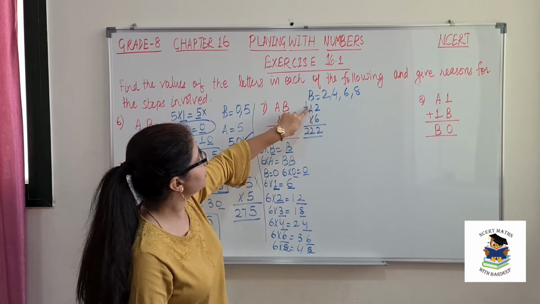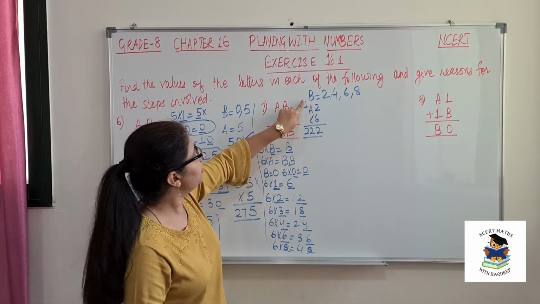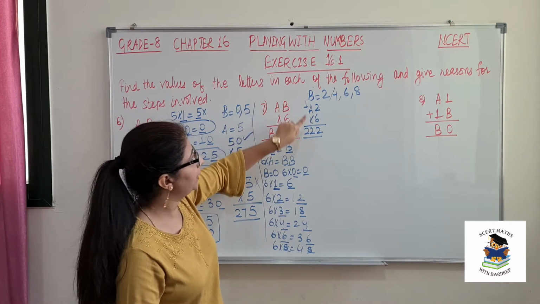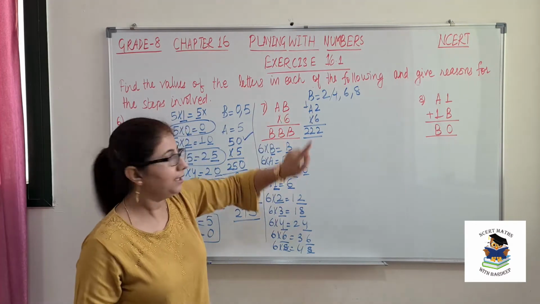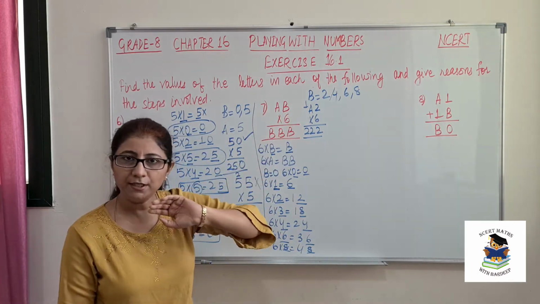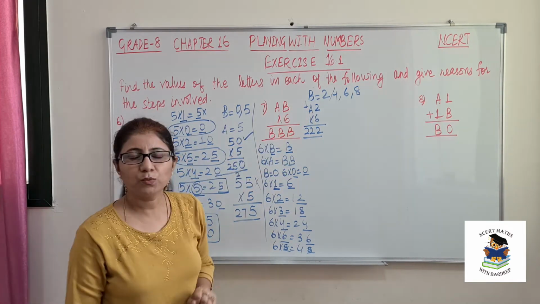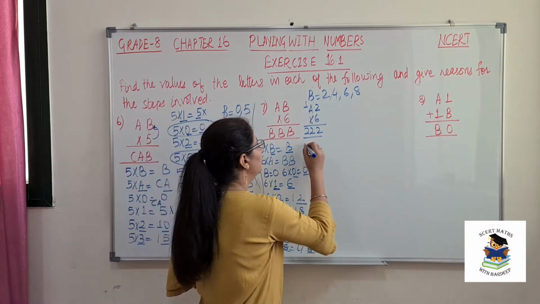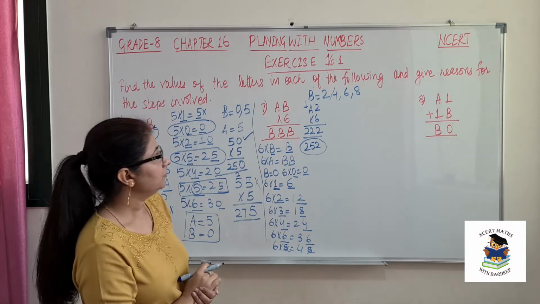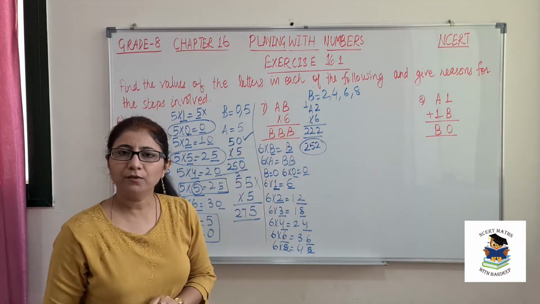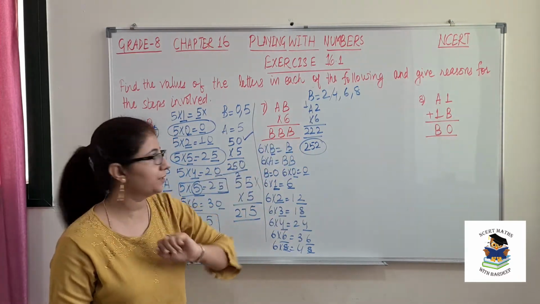That means if I put 6 into 1 as 6, 6 plus 1 is 7. It's not same. 6 into 2 as 12, 12 plus 1 is 13. Again not same. 6 into 3, 18. 18 plus 1 is 19. So not same. 6 into 4, 24. 24 plus 1 is 25. So when we put A as 4, our answer exceeded our given possible answer. So that means B equal to 2 is not possible.